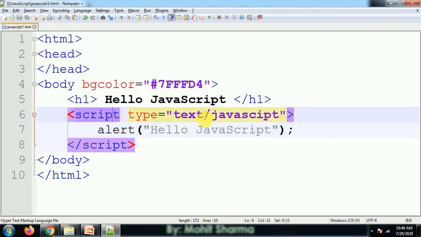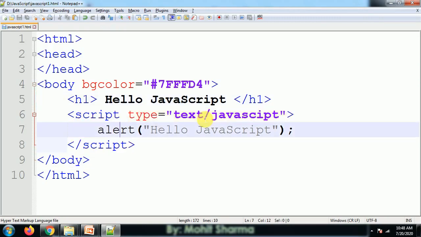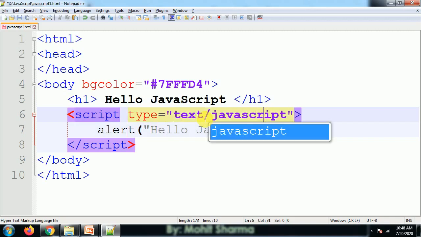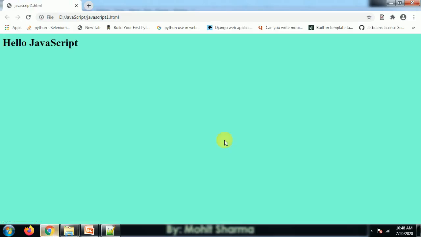The type I have given properly. Okay, in the script tag I have given the wrong spelling, SCR, that's why it is not showing me the proper output.